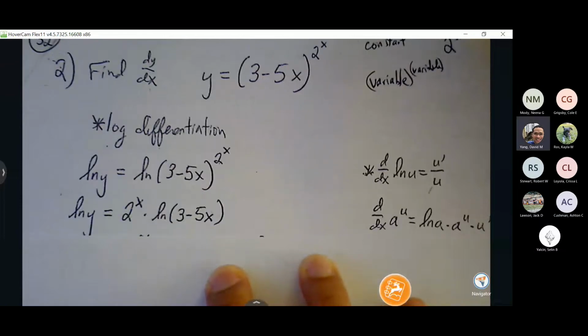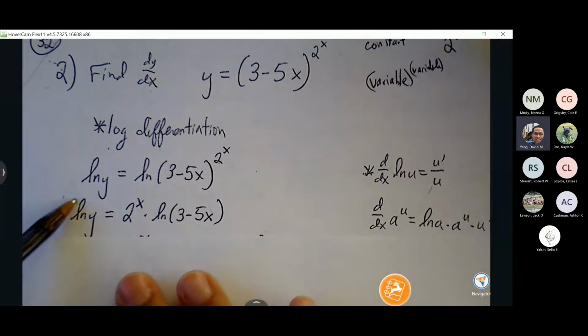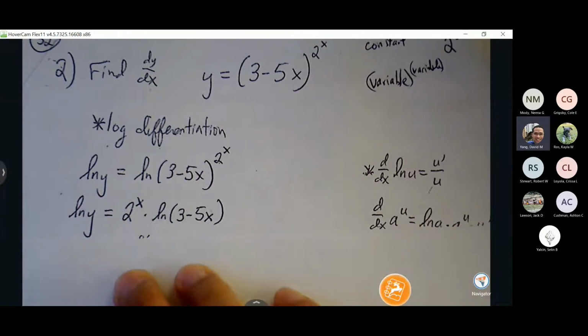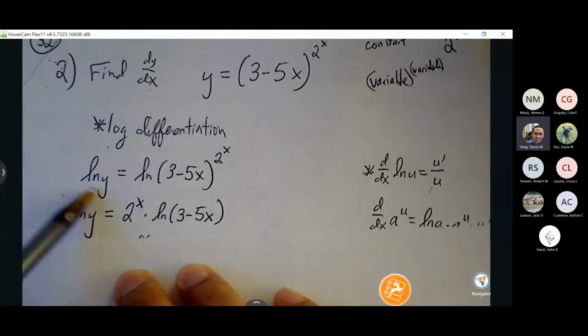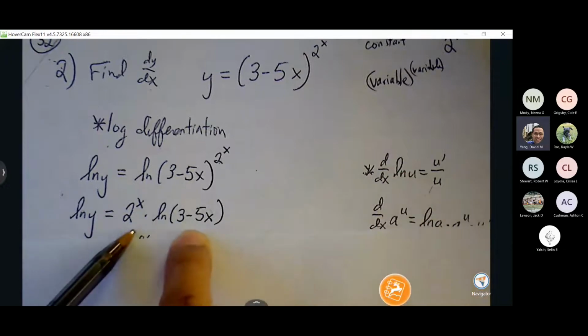Okay, so now what pops up here? Left side, okay, we're ready for our derivative now. Now that we have some options available to us, what do we have to use on the left side here? Implicit, a little bit of implicit, right? 1 over y, dy dx. And on the right side, we have to use